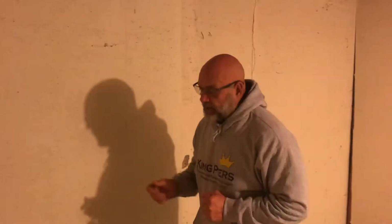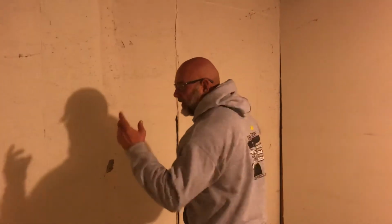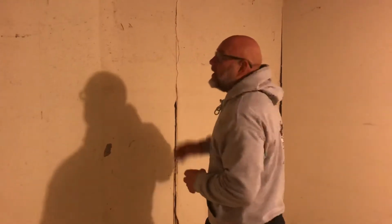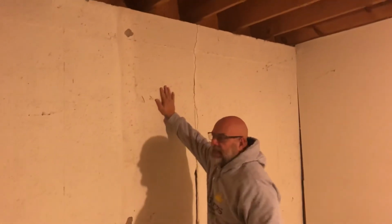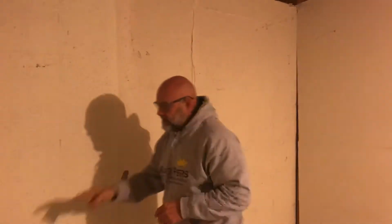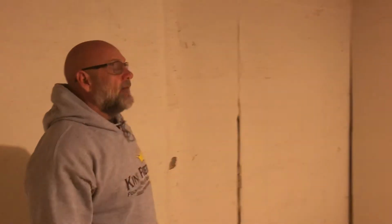But this project right here, it's a 19 King Pier job. We've got 19 piers going in. We're going to have about 10 of them going on the inside, about 9 of them going on the outside. This wall right here is leaning in slightly, so after we pier it, we'll come in and saw cut the floor, run our 6x6 H-beam, spaced about every 6 foot apart on the inside, and that will wrap up this